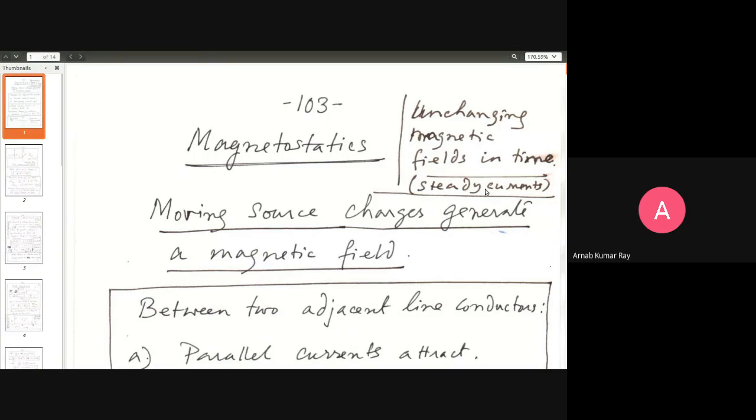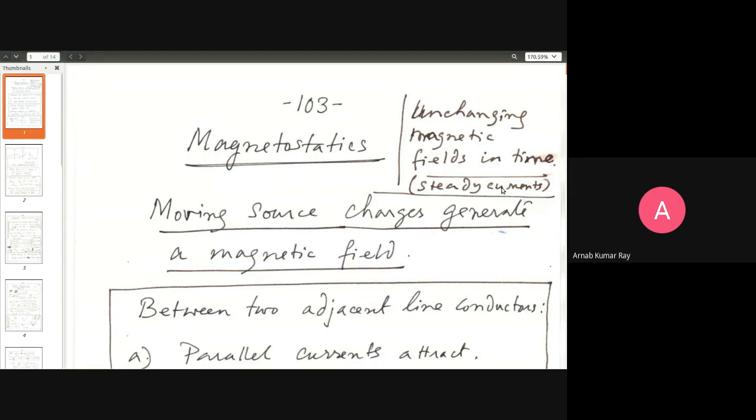What is current? dq/dt. dq/dt has a fixed value. Delta q divided by delta t, where delta q is the number of charges going past in a time window of delta t. Taking differentials, it becomes dq/dt. That value will be a fixed value. So that is an example of a steady current.